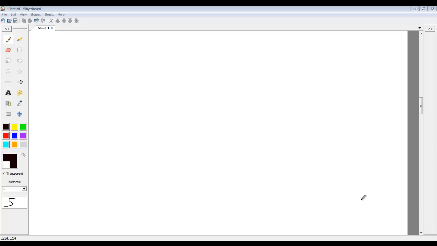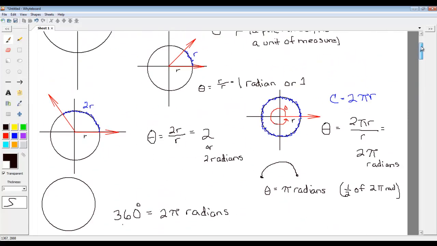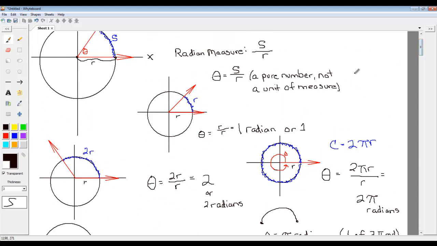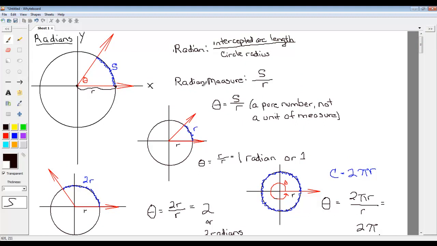Welcome back to our adventures with radians. Now we're going to take the knowledge we have of radians and manipulate it a little and then do some applications. Previously we were talking about radians. We discussed what a radian is. We learned that it's a pure number and it's the ratio of an intercepted arc length to the radius of